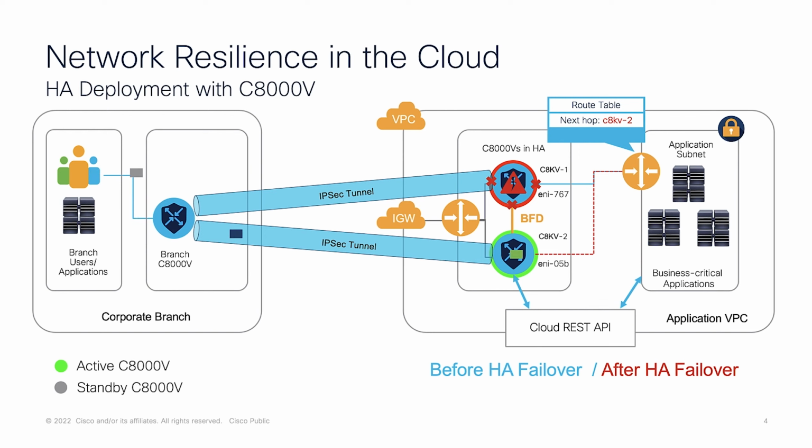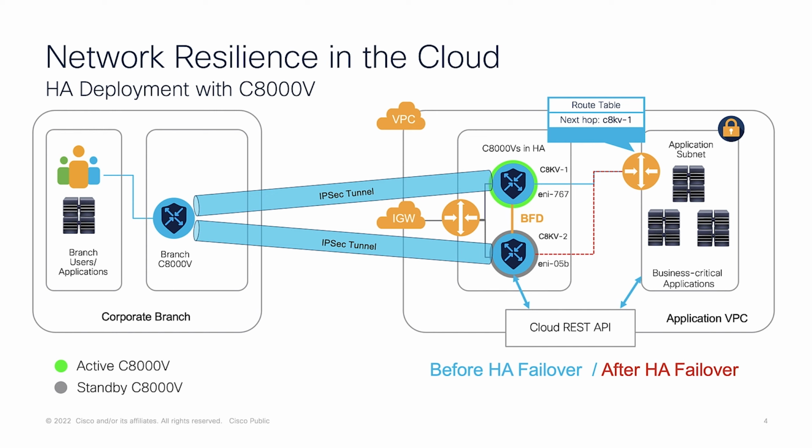Now, let's say that once the power is restored to this availability zone and c8KV1 comes back online, the BFD tunnel will be reestablished between c8KV1 and c8KV2. Afterwards, c8KV2 will revert back as the standby router, while c8KV1 recovers back to being the active router. And then when this happens, c8KV1 will execute the HA script and will make a call